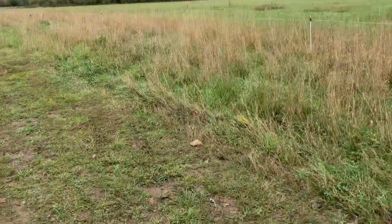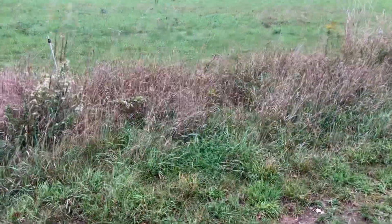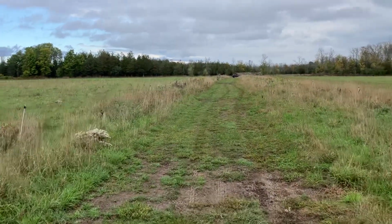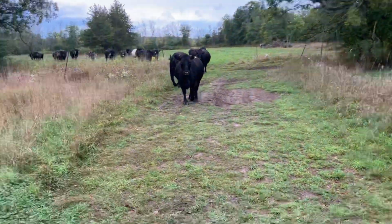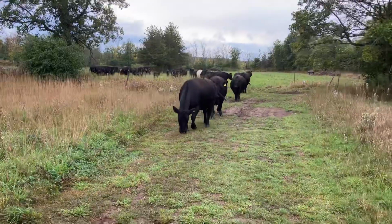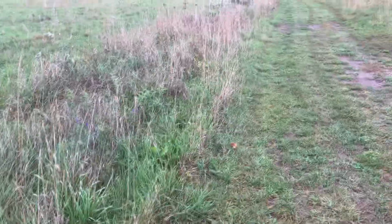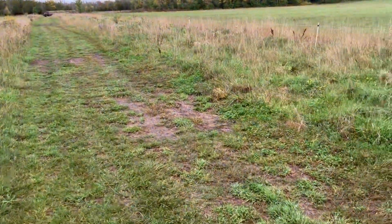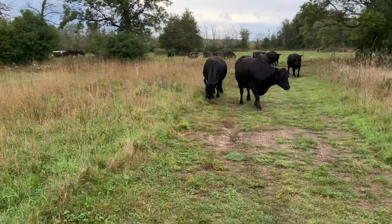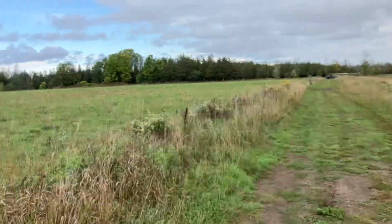So in this laneway here, we have lots of good feed. And, well, it's kind of just a segue to their next paddock. And for those of you who saw a previous video I did, it was the first video that we ever incorporated a hayfield. I took them down this laneway. There's probably half a day's worth of feed in here if the cattle just stayed in this lane. What I usually like to do is let them just move slow, heads down, grazing on their way. And then after